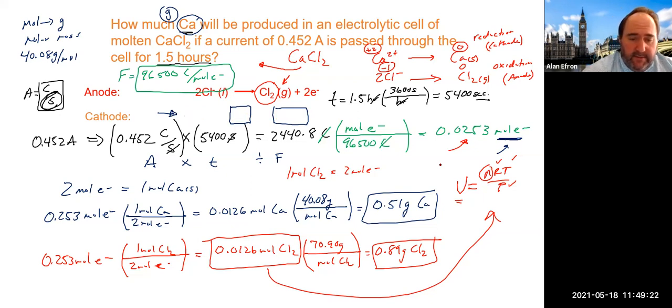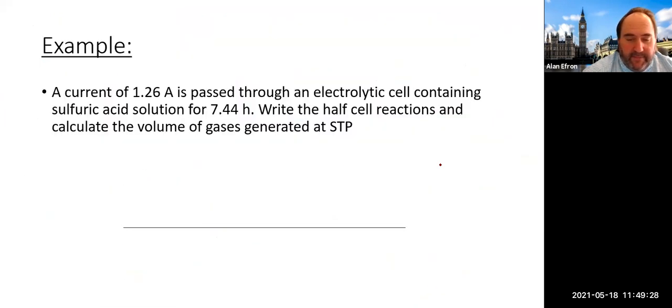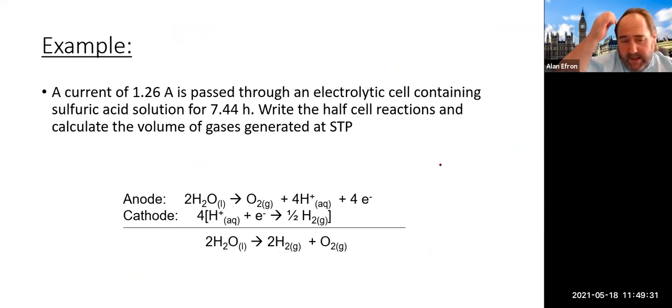Let's go back to the one we skipped, which is actually in my case this way. There we go. A current of 1.26 A is passed through an electrolytic cell containing sulfuric acid for 7.44 hours. Write the half cell reactions, I did it for you there on the bottom, and calculate the volume of the gases generated. So before you go off, this is what I was saying before. There's no mention of water anywhere, but it's talking about that sulfuric acid solution. So that is really the electrolysis